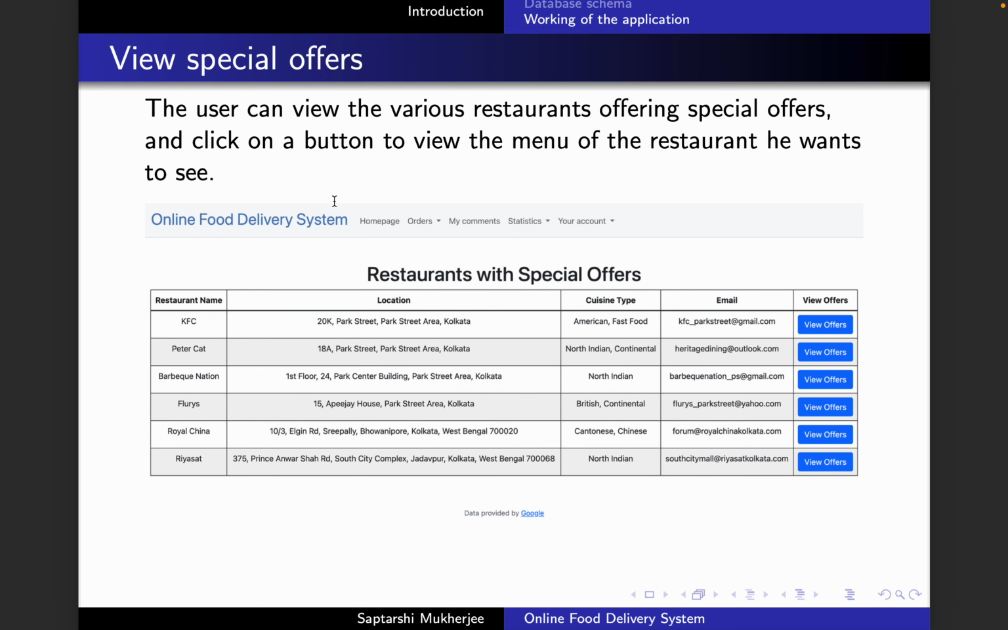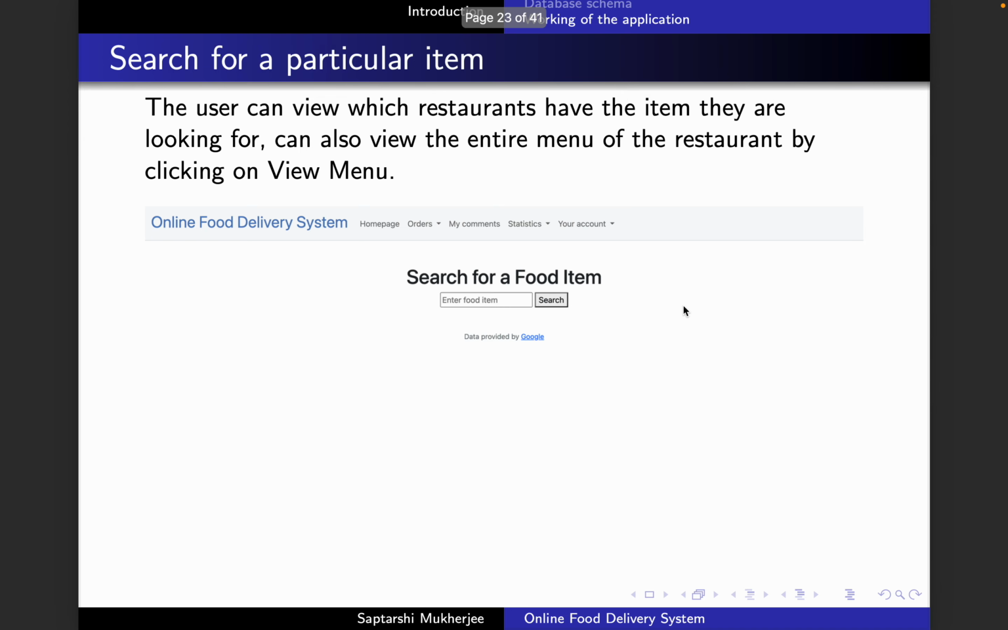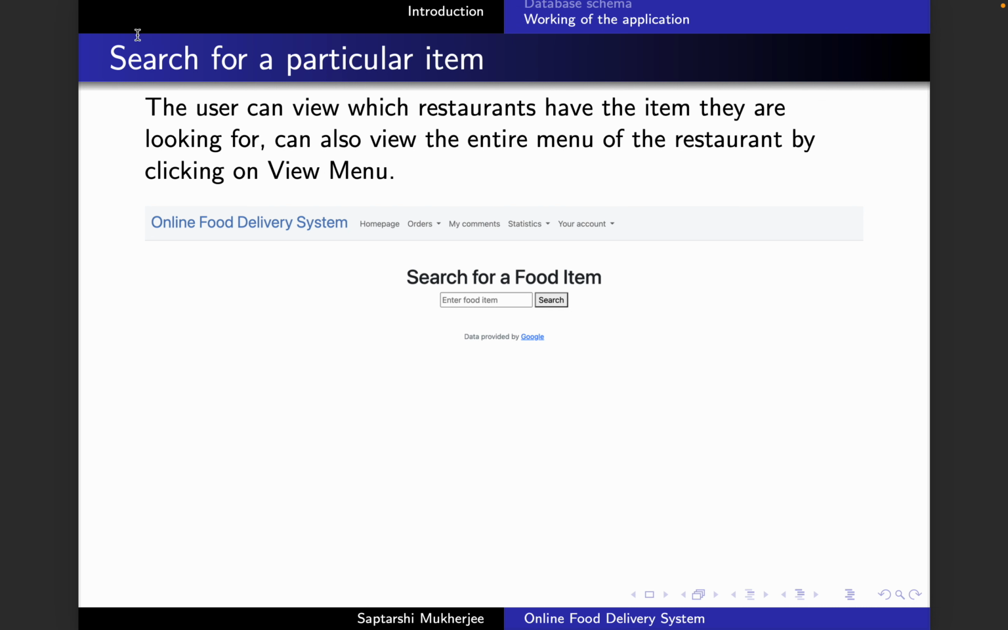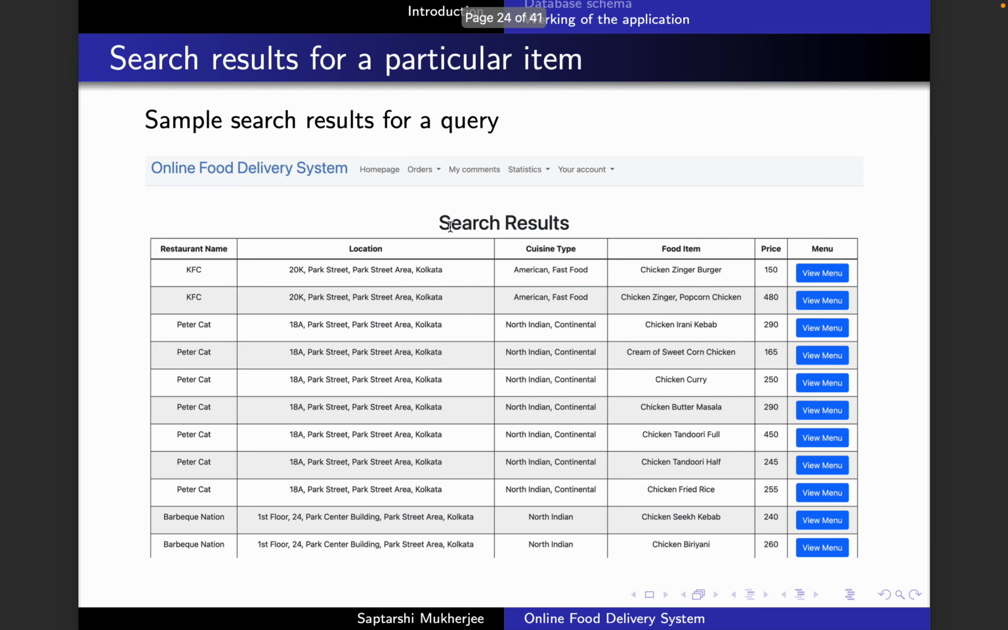You can also view all the restaurants which have special offers, and if you click on this button, then you can view all of the offers available. You can also look for a particular item. These are the search results for a particular query when you search for an item, and if you click on the menu, it will take you back to the menu for that particular restaurant, and